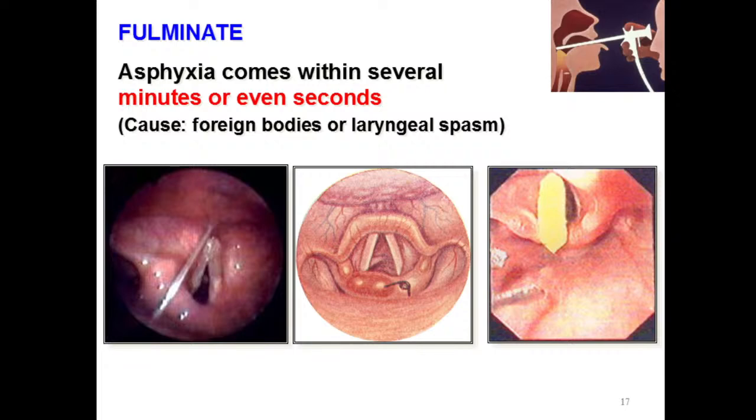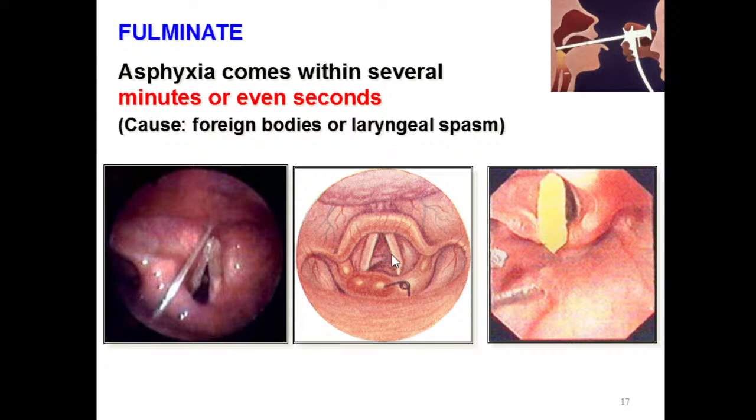You must remember that foreign bodies are more often met in childhood, especially in small children. For example, a child inhaled some foreign body, or when a child eats something, a piece of food may appear